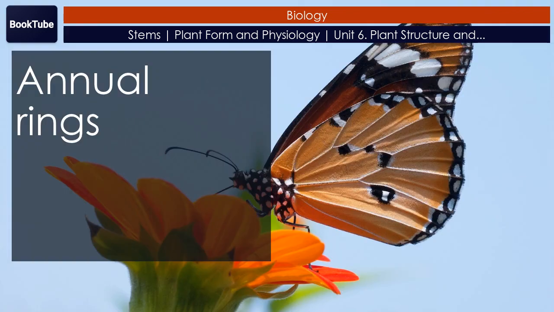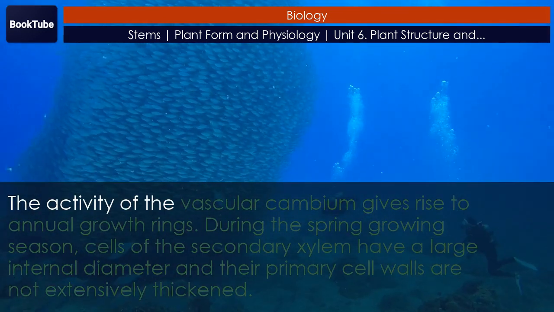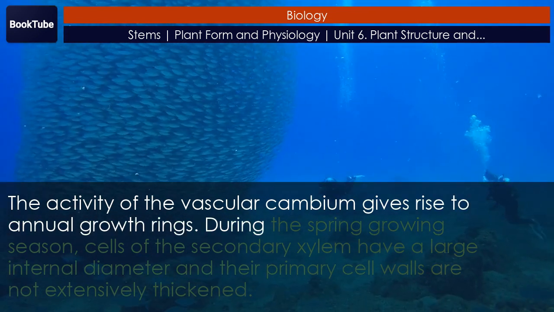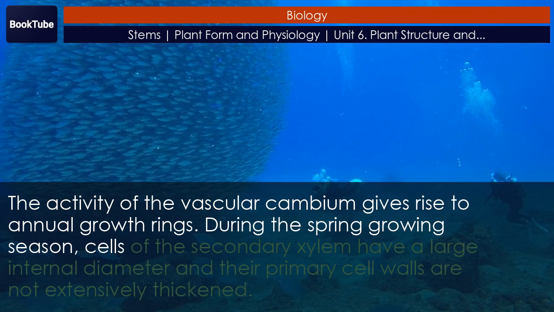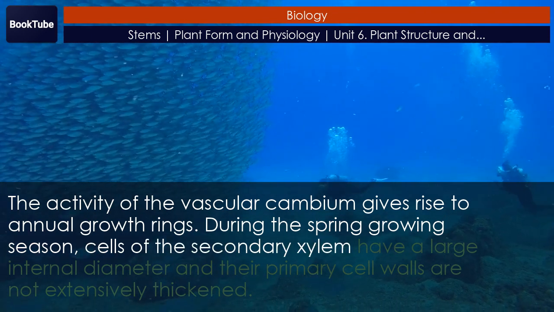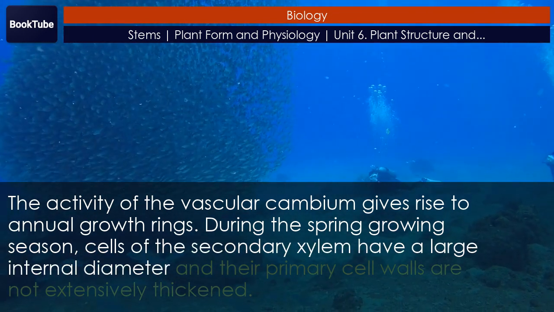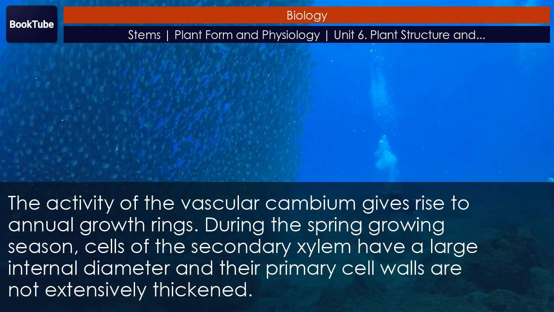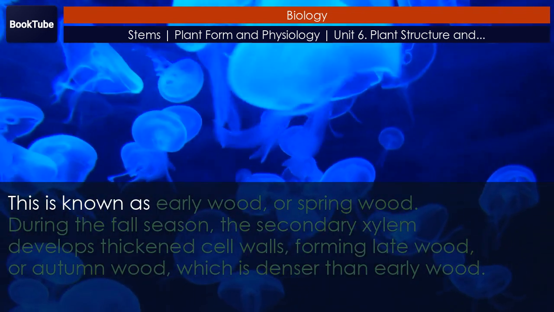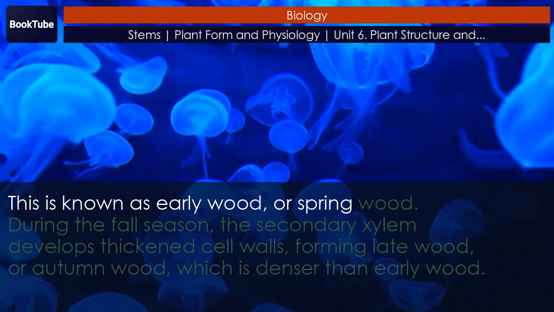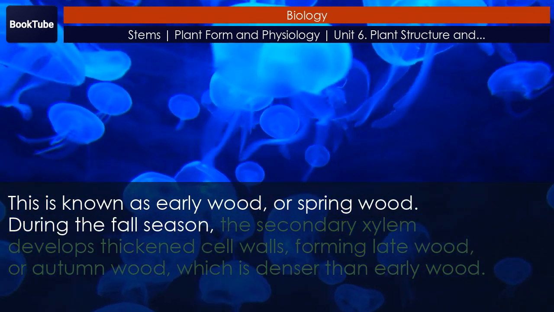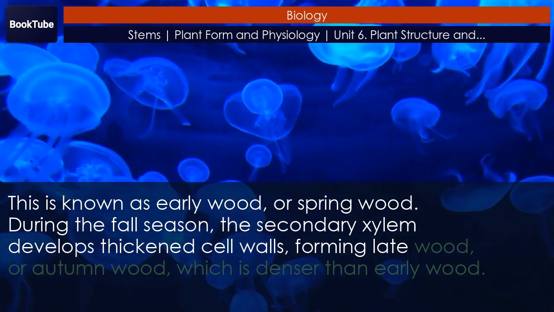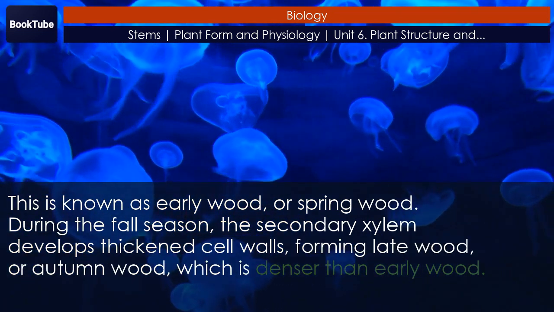Annual rings. The activity of the vascular cambium gives rise to annual growth rings. During the spring growing season, cells of the secondary xylem have a large internal diameter and their primary cell walls are not extensively thickened. This is known as early wood, or spring wood. During the fall season, the secondary xylem develops thickened cell walls, forming late wood, or autumn wood, which is denser